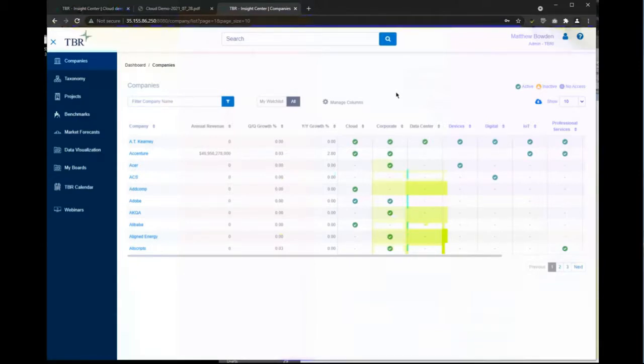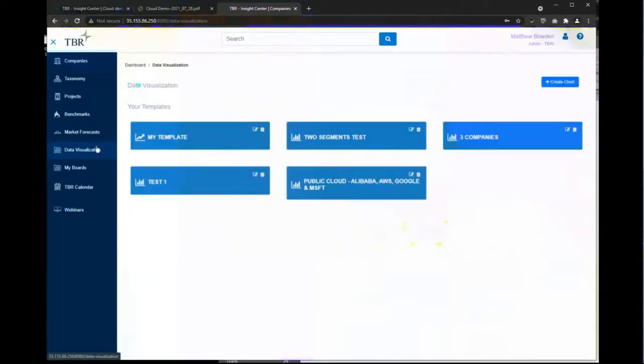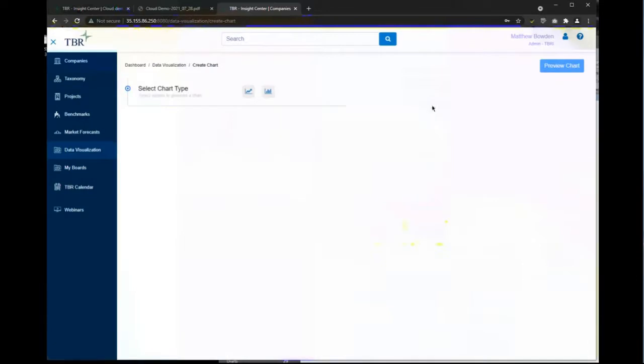Yeah, so the last thing that I want to cover is, we've gone over all of our qualitative analysis and how to build a board and pin different content to it. But TBR also has a very deep data lake of financial data that accompanies all of our qualitative analysis. So we've built our own charting capability that allows you to access all of that quantitative data as well. When building a visualization, we currently have the ability to choose between line charts and column charts. We're going to be adding bubble charts, and the ability to combine the column chart with the line chart to show, for example, revenue as the column with revenue growth year to year or quarter as the line. So you can really start to visualize those